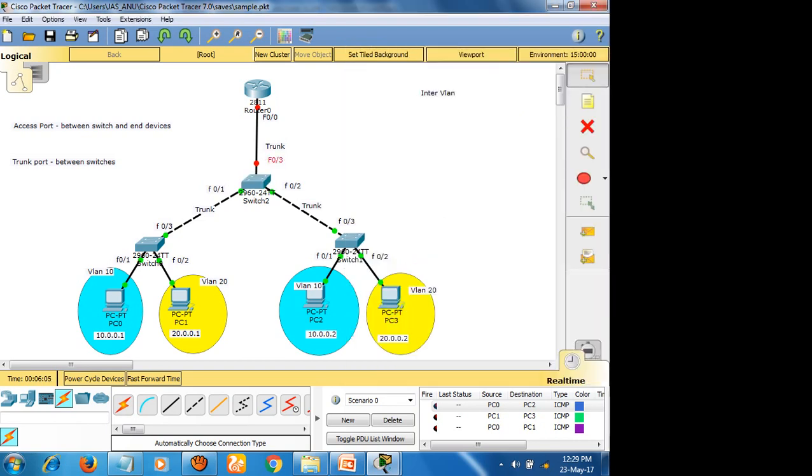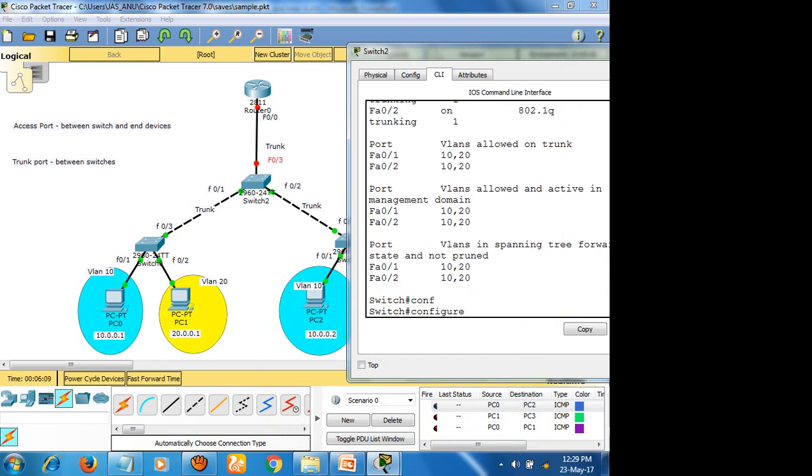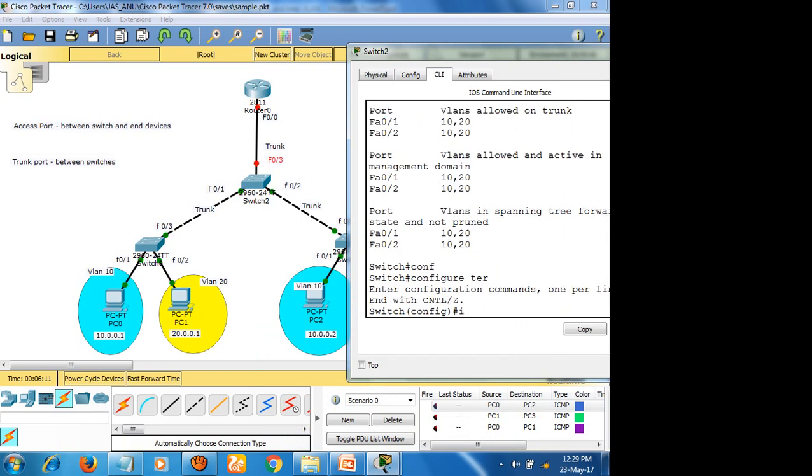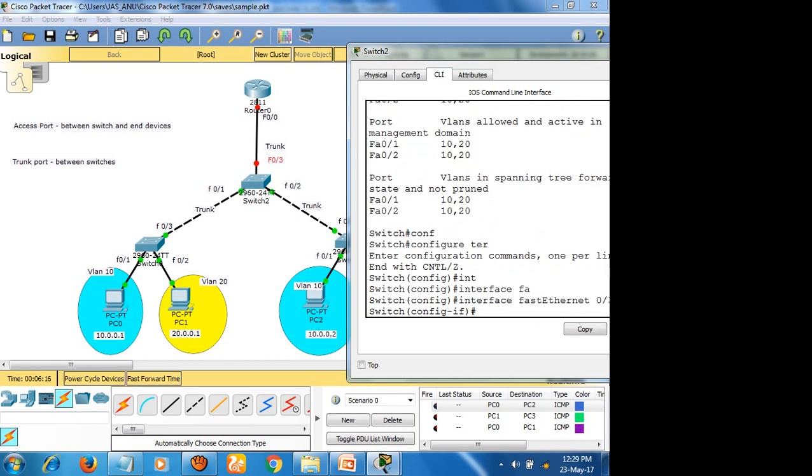It's not yet configured. So first I will configure the interface. Interface fast Ethernet 0/3.